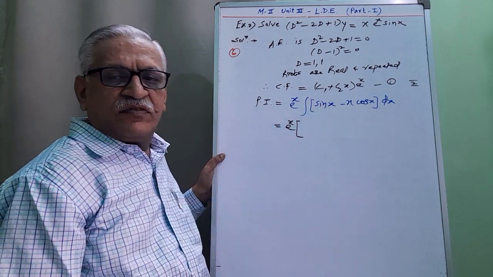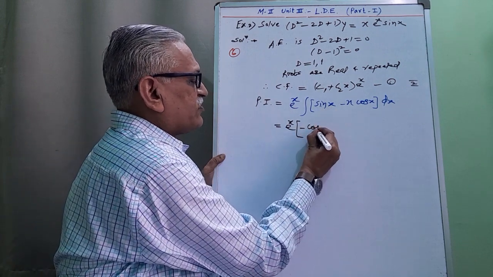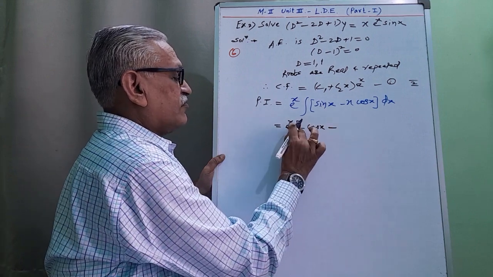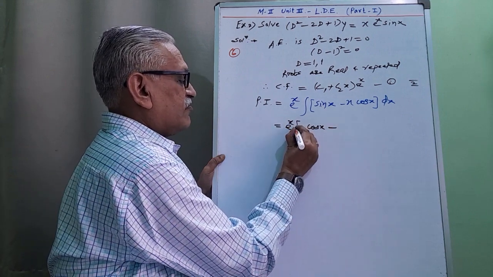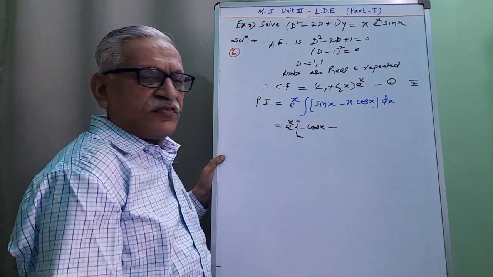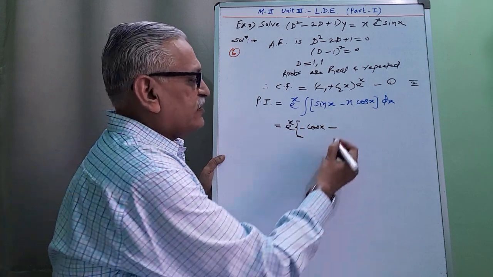Integrating these two terms independently, integration of sin x is minus cos x, and then integrating this x cos x by generalized part,